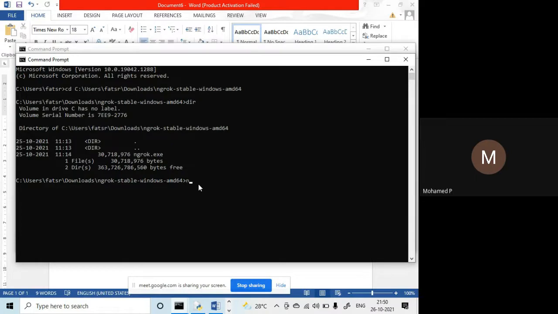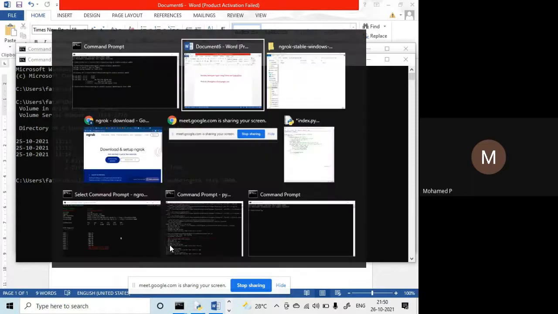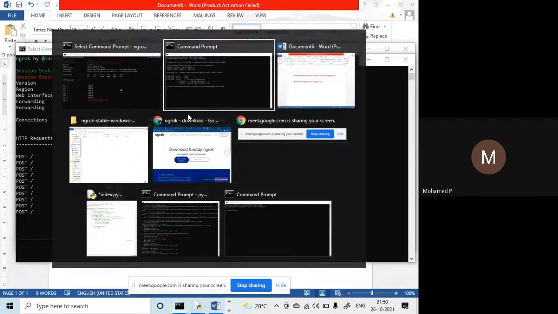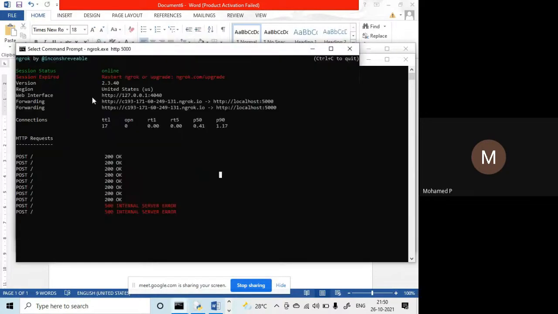Here, we have to invoke this by giving the protocol name and also the port number, right? Once you give this, this will be listed, right? So session status, online status, the region and web interface and this port number, right? All these are coming, right? Up to this it will come. Once you create this, next we are going to copy this